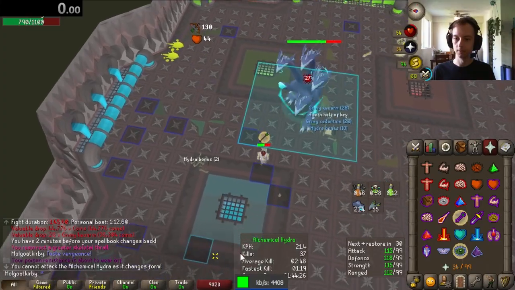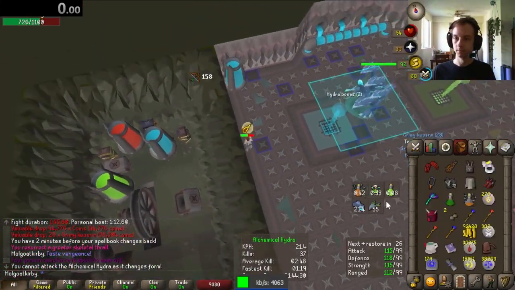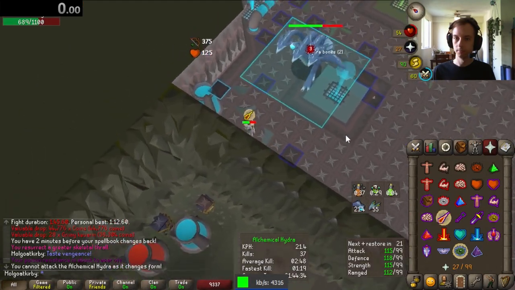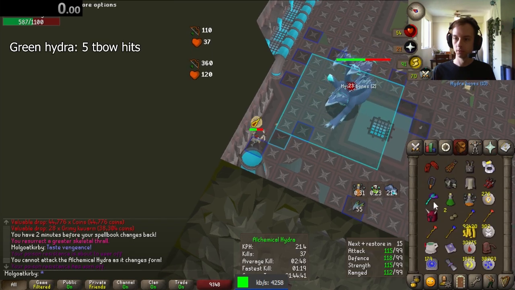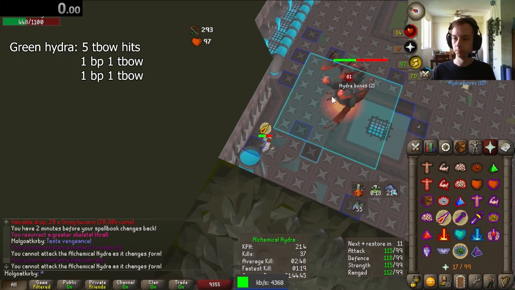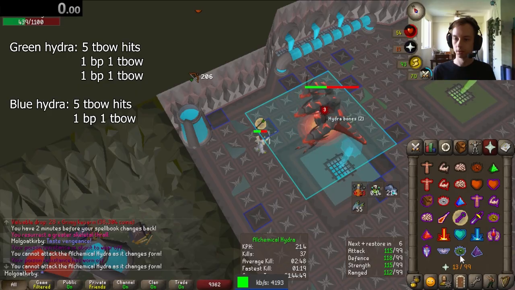Based on when the phase transition happens, you will then do a similar pattern for phase 2. We don't need to worry about phase 3, the red phase, as when it dies and phase 4 starts, there's no vents left. It's just phase 1 and phase 2 we need to do this method for. So basically you want to do 5 T-bow hits, followed by 1 blowpipe and 1 T-bow, then 1 blowpipe and 1 T-bow. Then on blue phase, it'll be 5 T-bow hits, followed by 1 blowpipe, 1 T-bow, then 2 blowpipe,